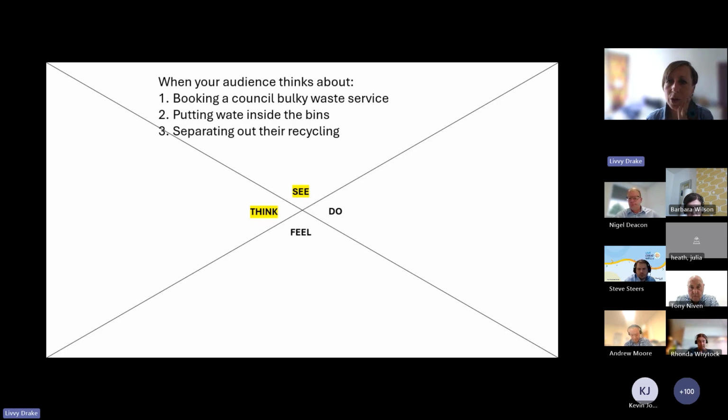Jennifer, yes, your question. I was just looking at this. I find it quite interesting. My scheme, it's actually made me want to go and do a survey on it. My scheme's really, really bad. And we've done everything we can to prevent the waste. We put gates on the outside because they were blaming others outside. But this booking a council bulky waste service, you've just made me think.